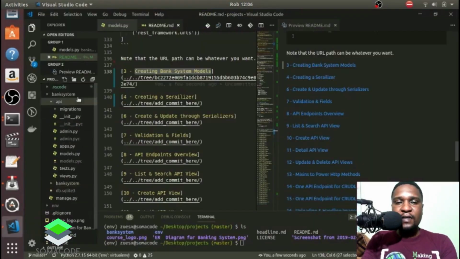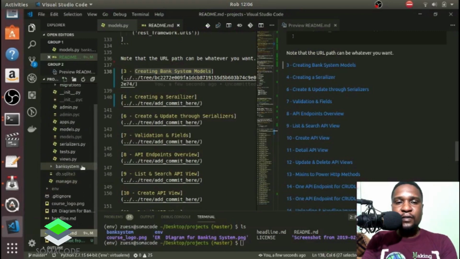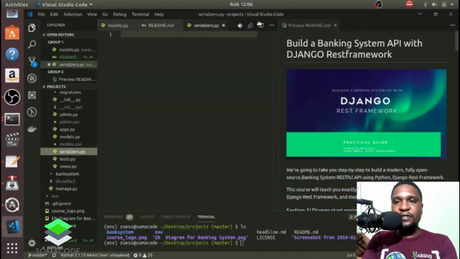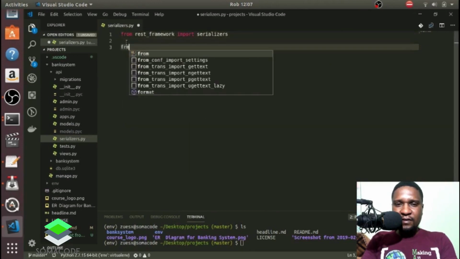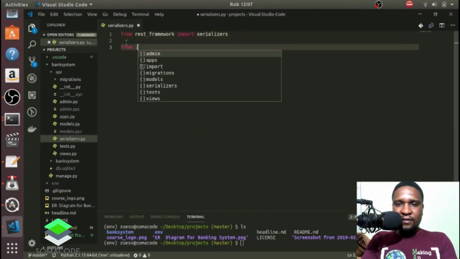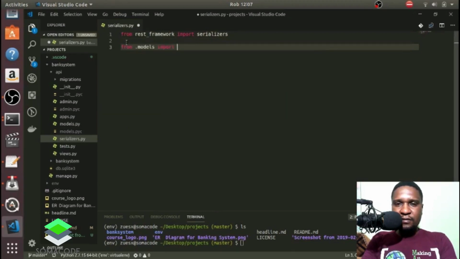Then let's go to the file. I'm going to reload it. So our serializers.py is empty. So we're going to do from REST framework, let's import serializers, and then what you're going to do now is import all the models,